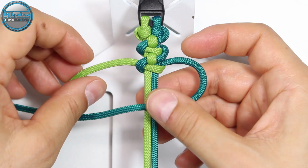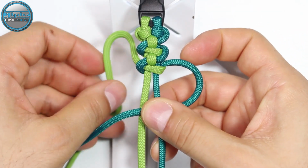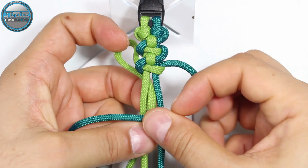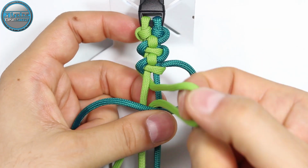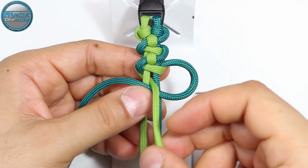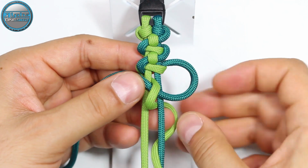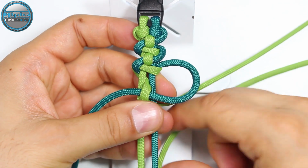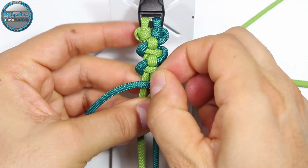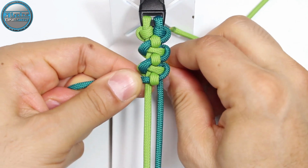So once more, the right strand on top of the cord strands, the left strand from the back through the middle between those two core strands, and then on top of the right side strand, and from the top again into the middle between the core strands. Now pull it tight, secure it,